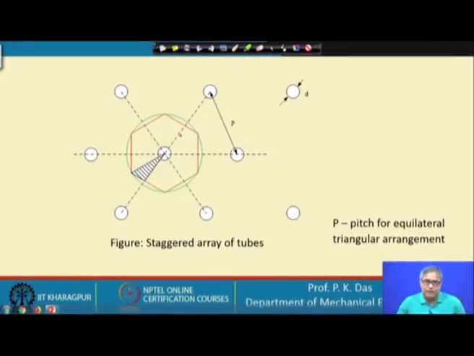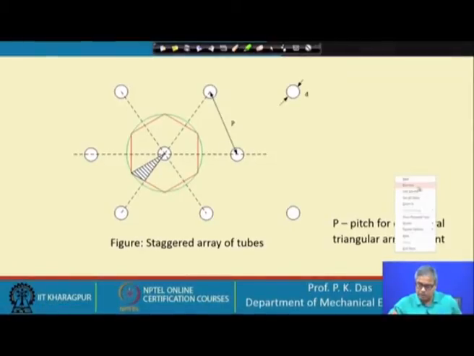The integral fin plate, though it gives a different kind of challenge for analyzing the fin, we have got some method of doing it. Let me go back to the heat exchanger diagram so that I will explain it. I will explain it once again with the help of the heat exchanger diagram.